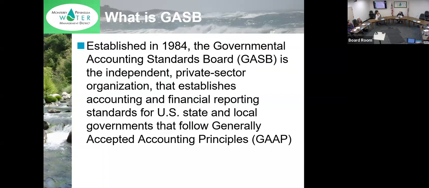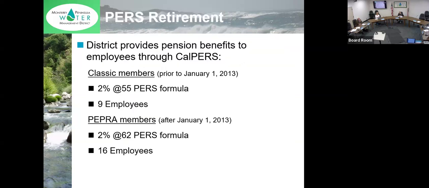So what's GASB? GASB is the standard setting body for US generally accepted accounting principles, or GAAP. They set the standards for state and local governments, and they come up with new guidelines every year on how to present our finances accurately. And so they issue revisions and statements over time so that our finances accurately reflect our business operations. So the GASB 68, which pertains to our retirement, where is that liability coming from? That liability comes from the benefits that the district provides to its employees.